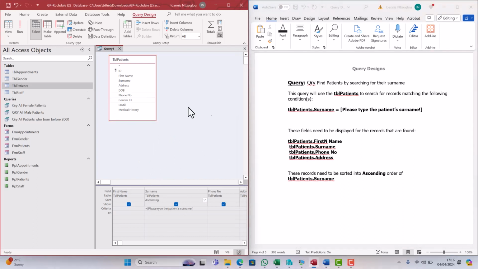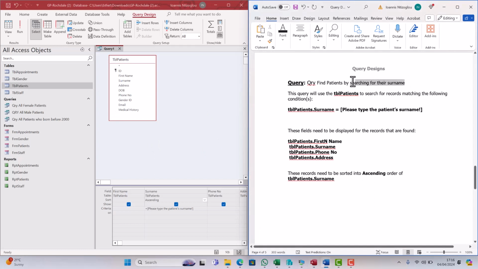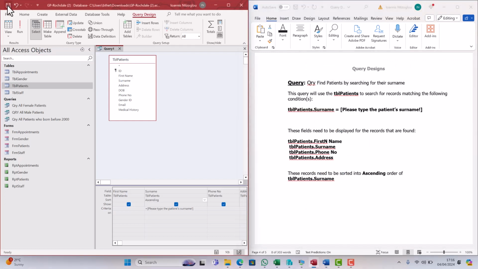Now let's copy the actual name here. You can right click copy or Control C to copy. Click on the little floppy disk icon here at the top left corner. Control V to paste, or right click and paste. Click OK. So we created our fourth query now. If I close this query now,